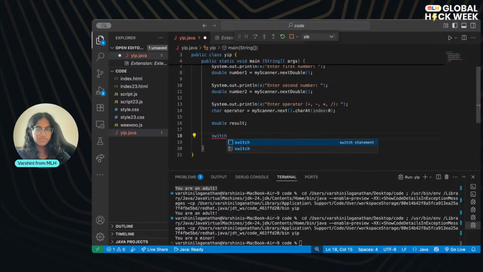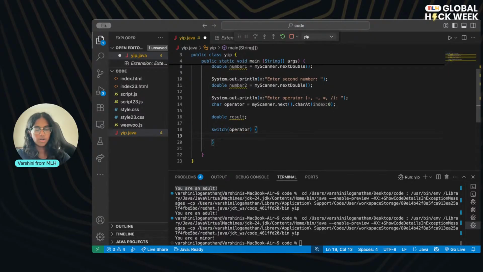So switch is a fun statement that we can use to kind of control the way that we want our code to work. I want to introduce as much of Java basics as I can to y'all. So instead of using basic if, else if, else if, I'm going to show y'all how to use switch. Switch is basically a way that you can go based on cases. So every time you have a case, instead of a condition, you use these cases to determine what you're going to do.